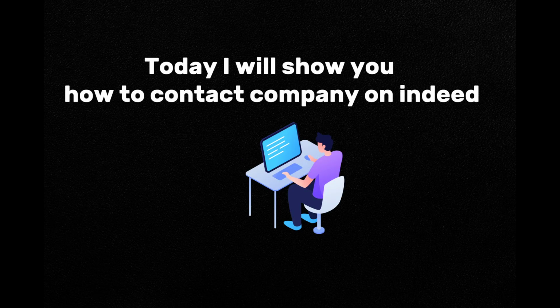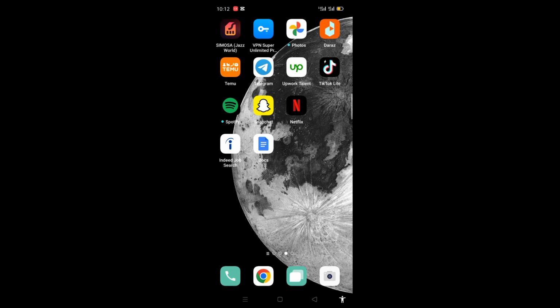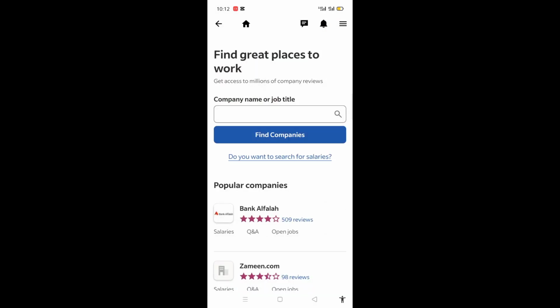Today I will show you how to contact a company on Indeed. So you have to open the Indeed app. You will open it. So there is "Find great places to work" and you will find company name or job